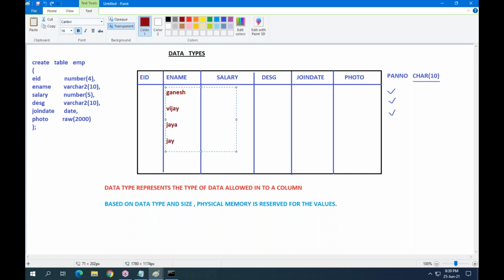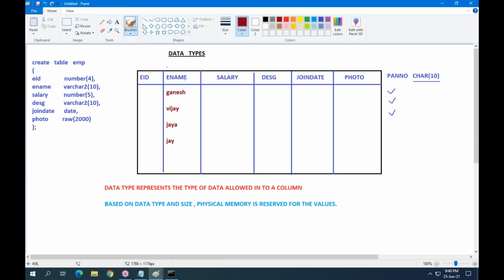And J, just 3 character length memory. Different values require different length memory. Different length of values I will insert into this column. For this kind of column, use the data type varchar2.